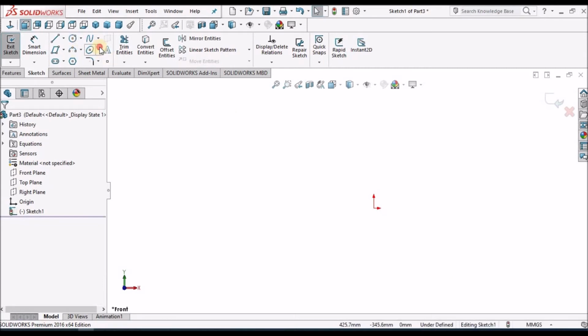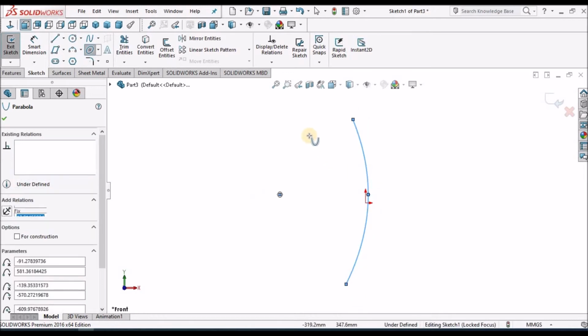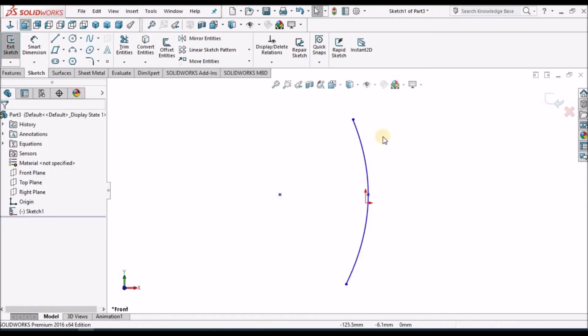Next is parabola. So I can draw a parabola like this. This also we rarely use. Next is conic.